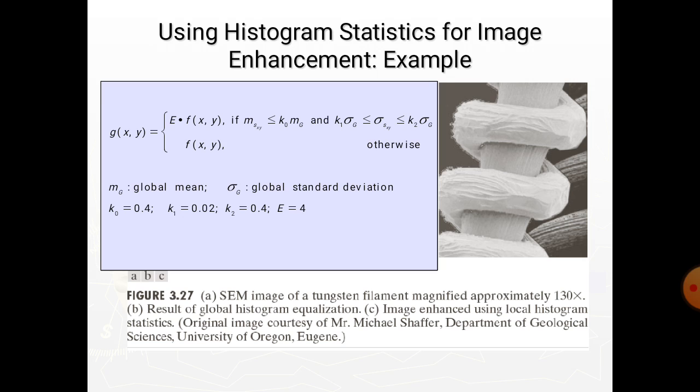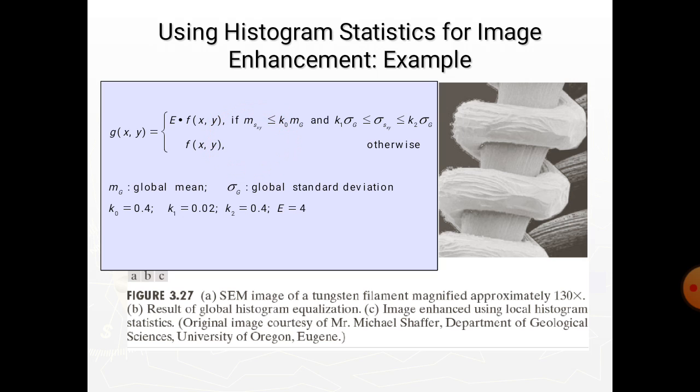A pixel at xy that meets all the conditions for local enhancement is processed simply by multiplying it by a specified constant E to increase or decrease the values of its gray level relative to the rest of the image. So, a summary of the enhancement method: let f(x,y) represent the value of an image pixel at any image coordinate xy, and let g(x,y) represent the corresponding enhanced pixel at those coordinates. g(x,y) equals E times f(x,y) if